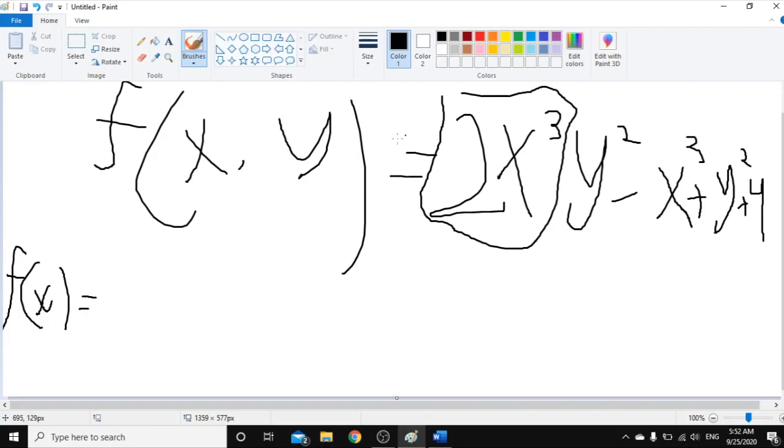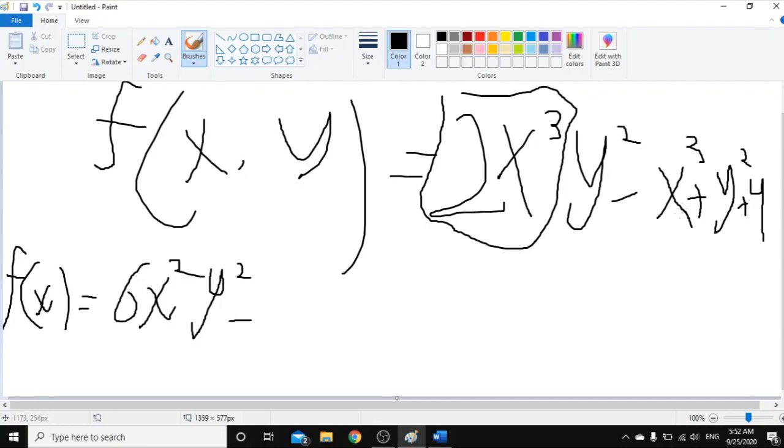It will be 2 times 3, it's 6x, 3 minus 1, squared. The y, you need to treat it as a constant number, so you need to leave it alone. You don't change anything about it. So y squared minus,